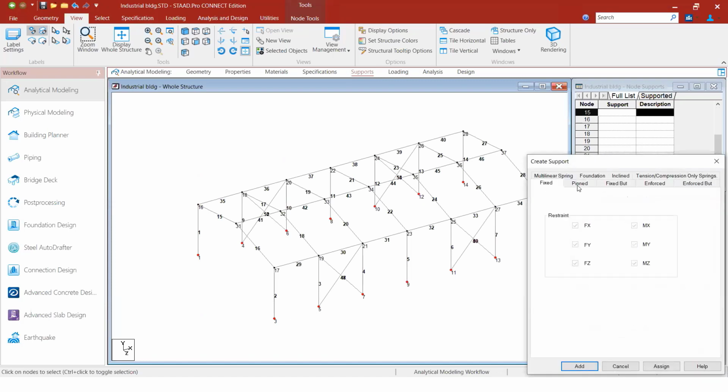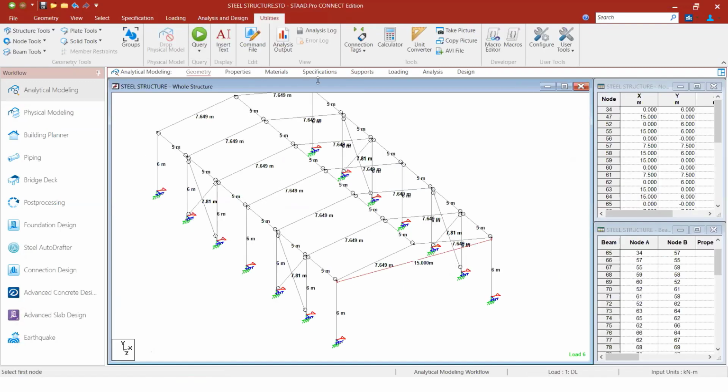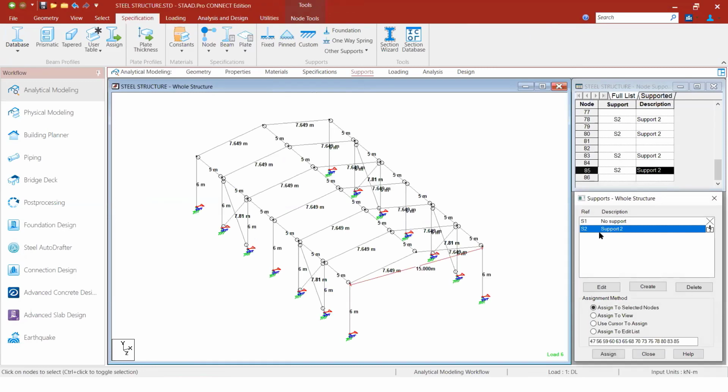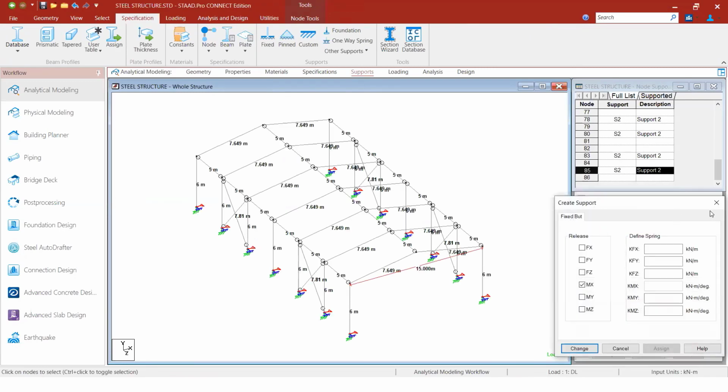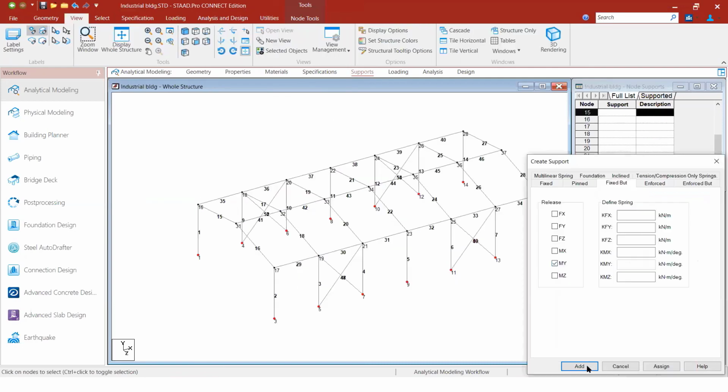So I'm going to create a fixed butt where I am going to allow rotation only in the MX direction alone, and add it.